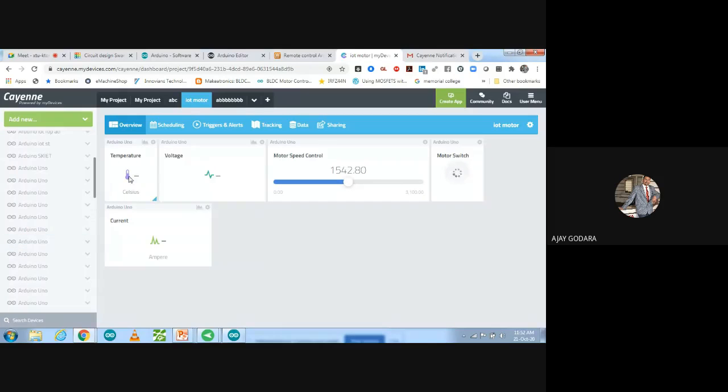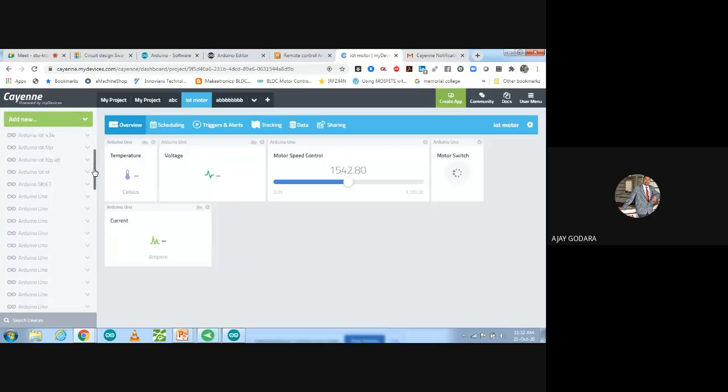If the temperature is higher in a motor due to overheating, at that time also you can stop your motor from any remote area. Because if you are going on a foreign tour and your operator is running the motor continuously and the motor heats up, you can check it and turn off your motor from any remote area, from any country. These are a few applications of that